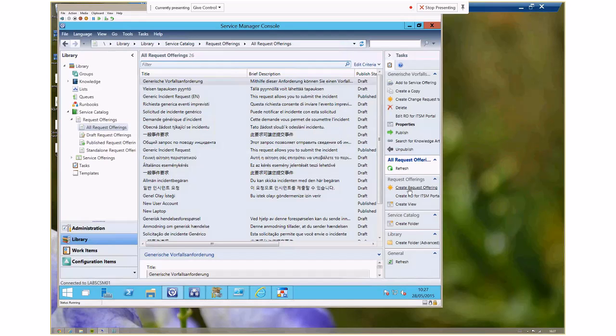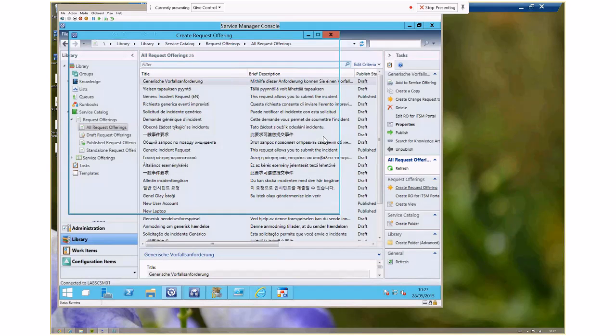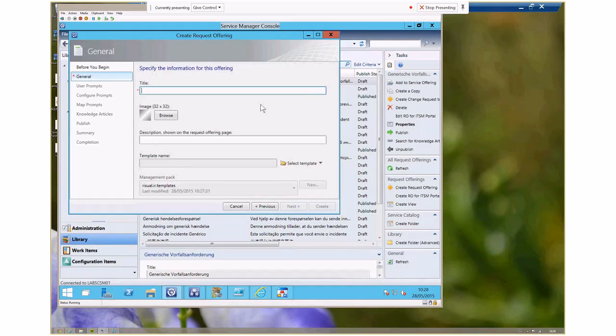Now, everything that I'm showing you today is all part of System Center 2012 R2. There's nothing here that's an add-on or anything like that. Everything that we do today is part of the base System Center product. There are many add-ons you can get for Service Manager which add additional functionality, but this is just out of the box. So new,